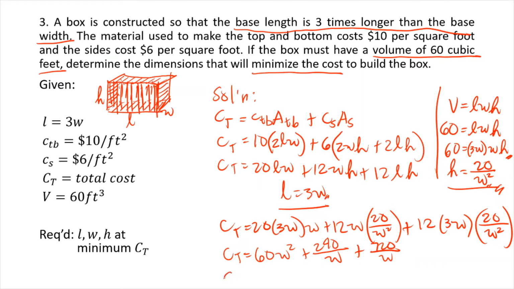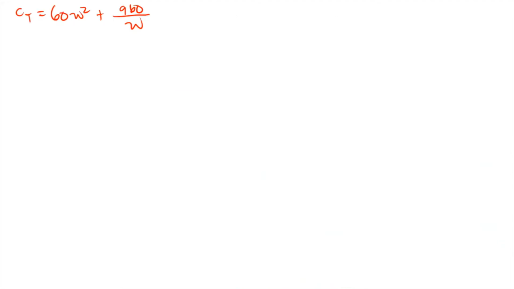You can combine them so that our total cost now is 60 W squared plus 240 plus 720, that's 960 over W. Taking the derivative of the total cost with respect to W, or the width, we'll get 120 W minus 960 over W squared. Okay, set this to 0,